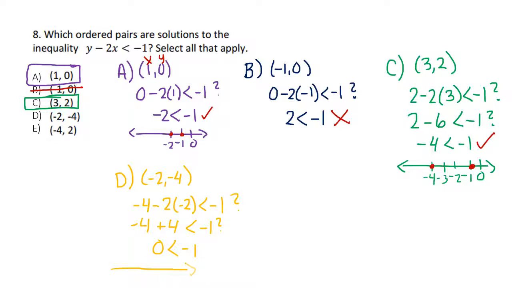If you think of a number line here, remember we go 0, then negative 1. 0 is to the right of negative 1, so that means 0 is greater than. Therefore, D is not a solution of our inequality. And lastly, let's look at